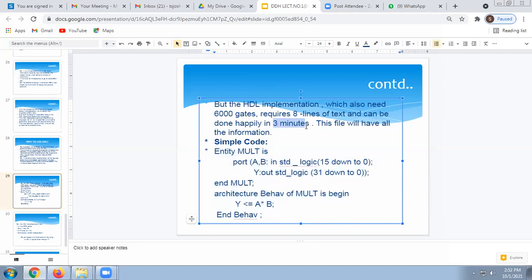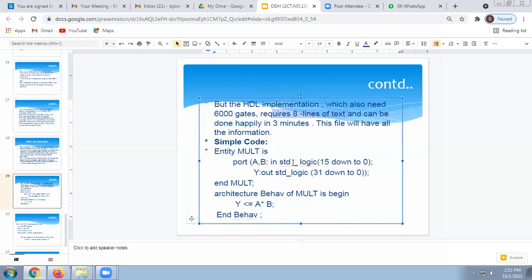So manual implementation takes a minimum of 3 days, but with HDL it takes minimum 3 minutes and requires only 8 lines of text.